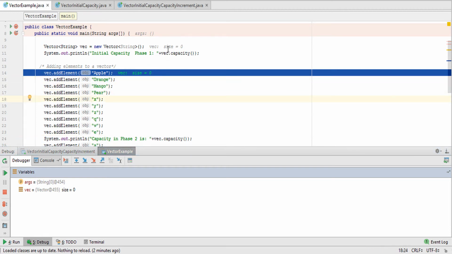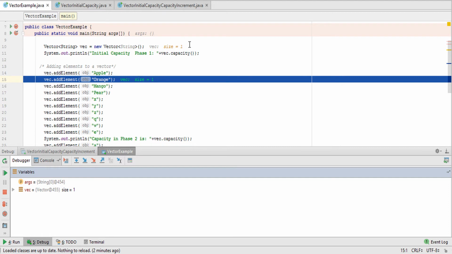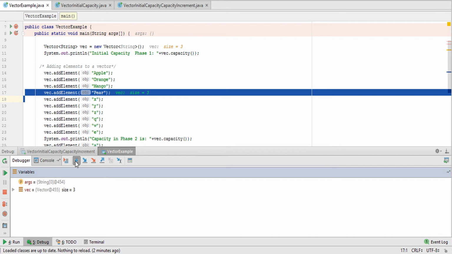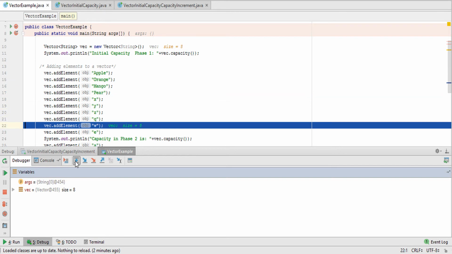The size will increase one by one as we add elements with the help of these lines. It is 0 now, and it will increase to 1 after the insertion of apple. So let's insert apple, and the size has become 1. Then orange, mango, pear, x, y, z, q, w, e.